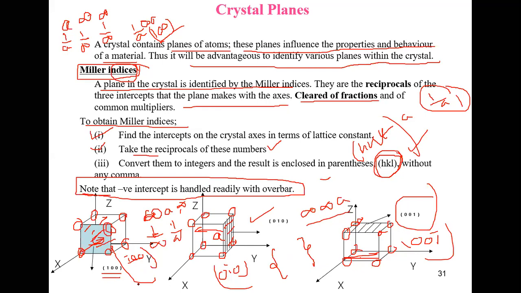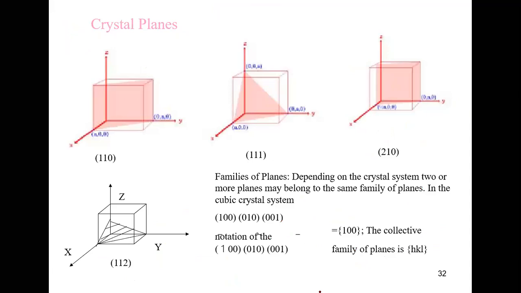All these 6 planes. So if you put a second bracket and one set of Miller indices, either you can put 1, 0, 0, or 0, 1, 0, or 0, 1 bar 0, or whatever, any of the 6 sets, and the second bracket will indicate all these 6 planes. So that is called the family of planes. Like here, it is explained here.